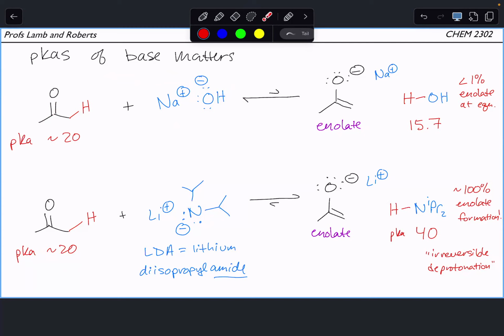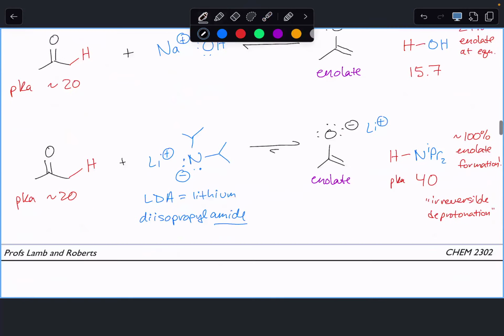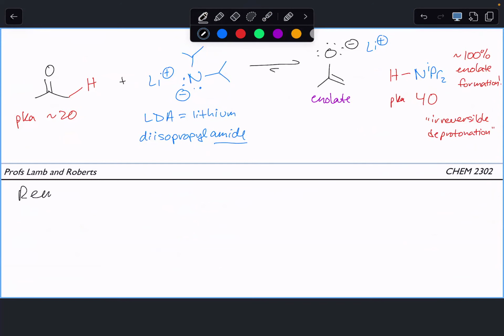Okay. So that's caveat number one. This is going to come back later, but I just wanted to introduce the concept now. pKa's matter. So thinking about our pKa's is really important. The second thing that we need to remember is that esters can do other reactions. We just spent a whole chapter talking about carboxylic acid derivatives and that esters can do things, right? So if instead of acetone, we had an ester here,